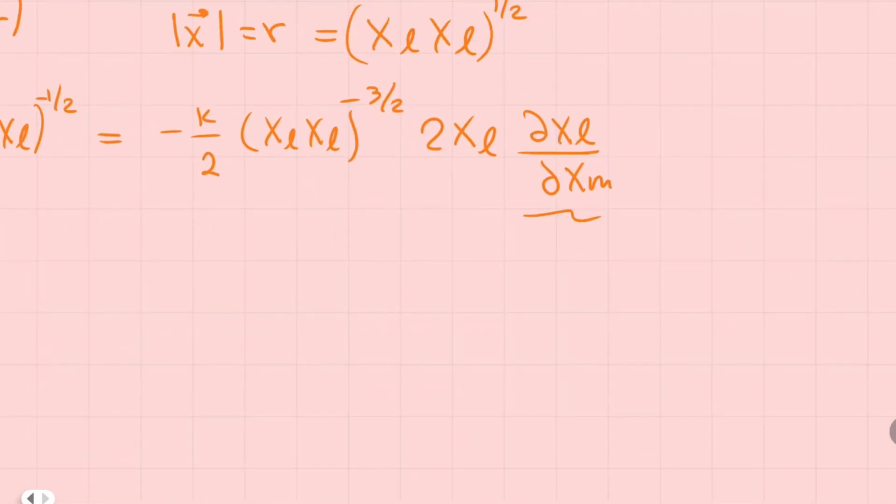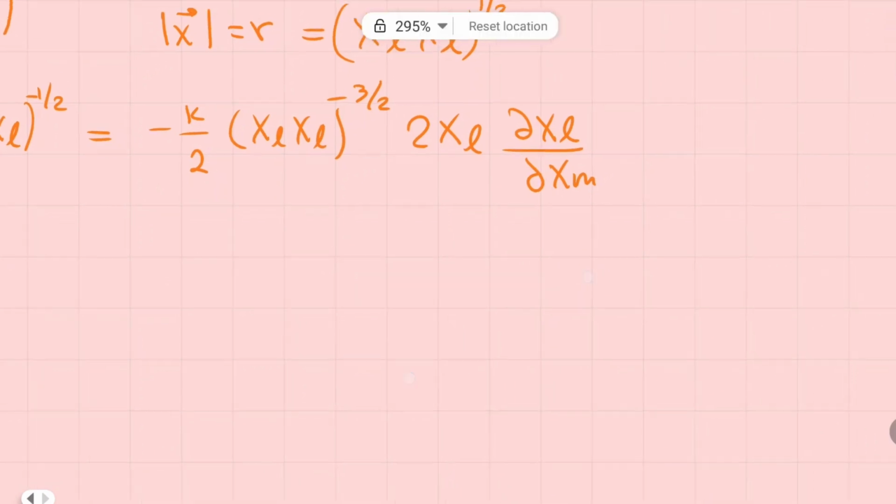In this case, for example, let's say that l is equal to m. When l is equal to m, we are just going to get 1 because the derivative of xm with respect to xm is equal to 1. But all the other cases where l is different to m will be 0. Okay? So that means that we are going to have a Kronecker delta lm. Okay? It will be 1 just when l is equal to m, and will be 0 if l is different to m. Okay? So if we cancel these 2's, we are going to get that this is